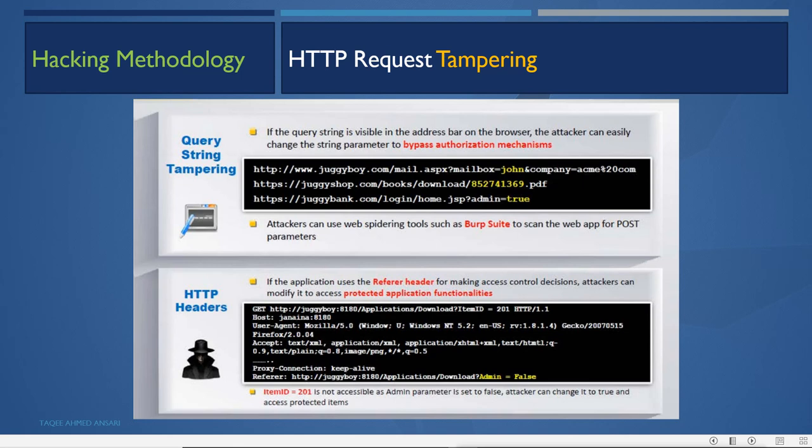If it is visible in the URL, like you can see here, it is saying mailbox is equal to John and company name is equal to this com, or it is saying download this PDF file, or it is saying home and admin is equal to true, that means this user is admin. The attacker can use a web spidering tool such as Burp Suite to scan the web app for post parameters.